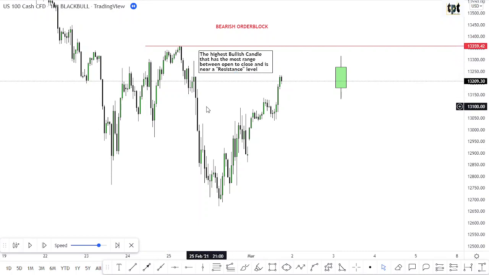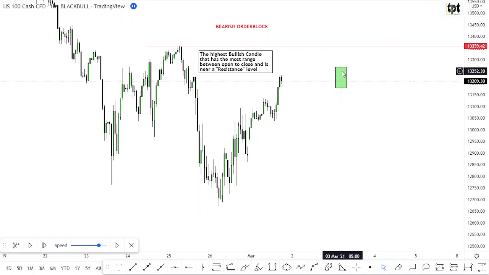Now, the formation of a resistance level can be in the form of multiple rejections at the highest point, whereby the market is turning to the downside, or it can be formed by a swing point. It depends. Now, like the bullish order block, the bearish order block must have the most